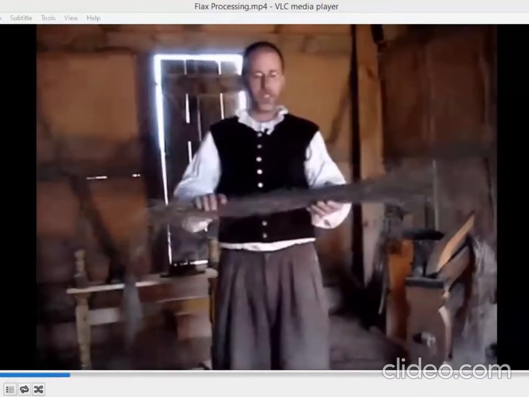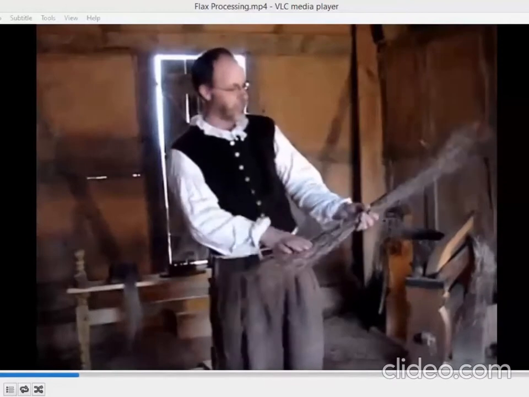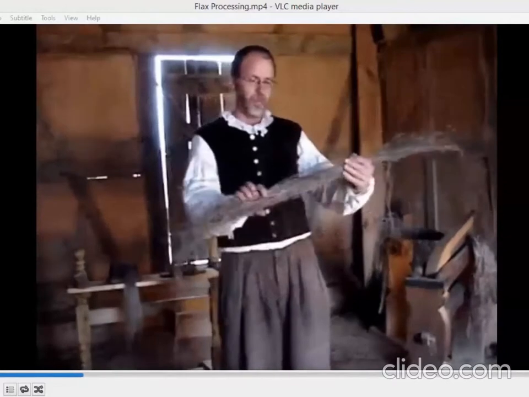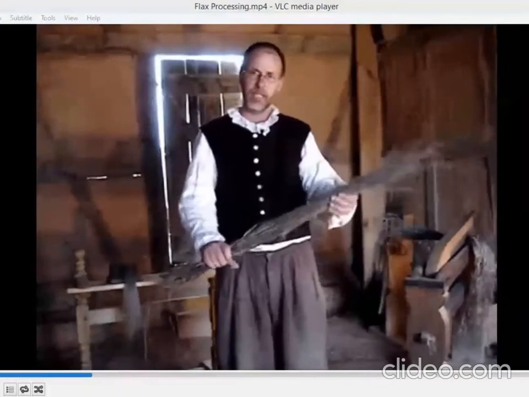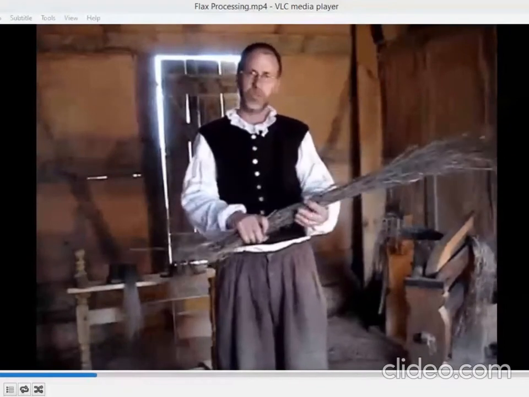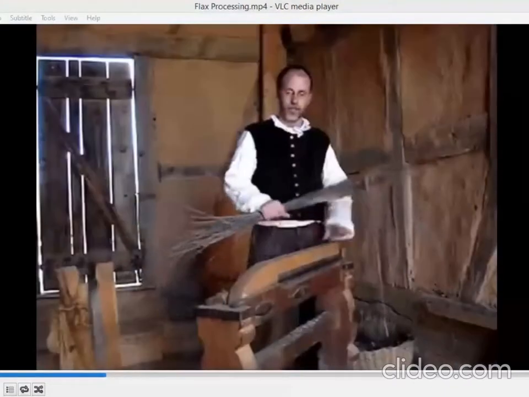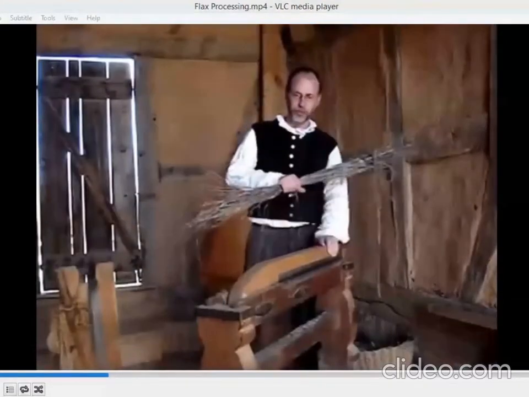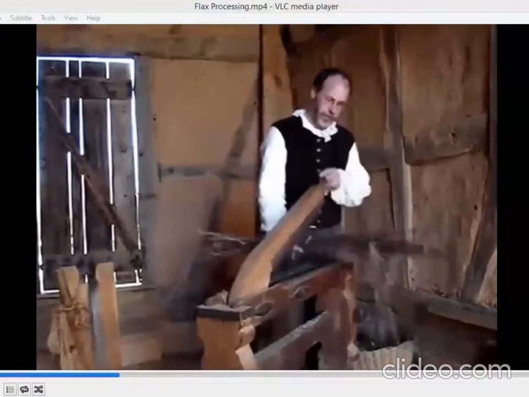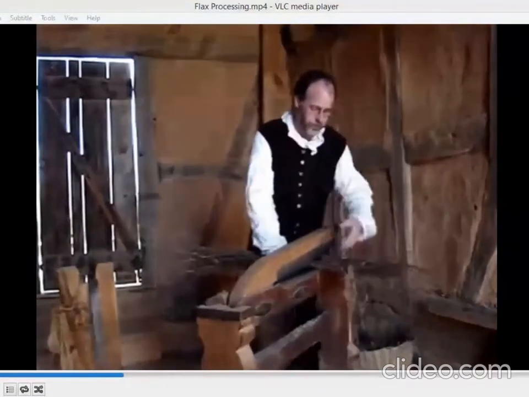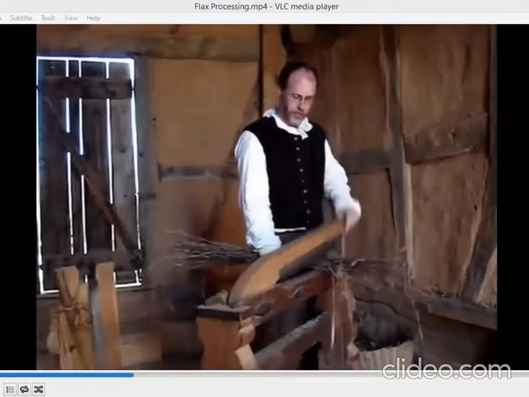This is some of the flax that we retted last year. It does sometimes turn it a different color, but this is retted and dried and ready to go on to the next steps. The next step that we would be moving to would be the flax breaking. Here we are at the flax break tool, this heavy stand with this heavy arm here. We're going to pull this bundle of flax through this tool as we raise and lower this arm, beating it.